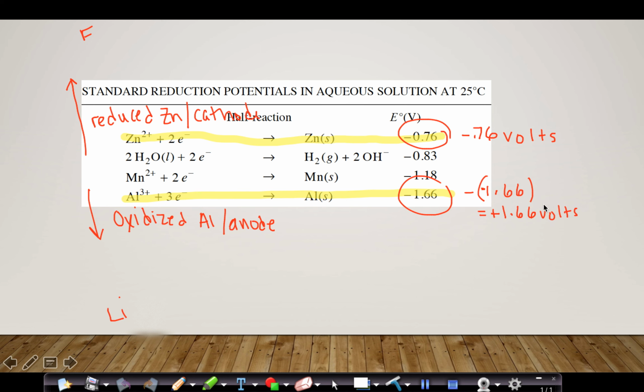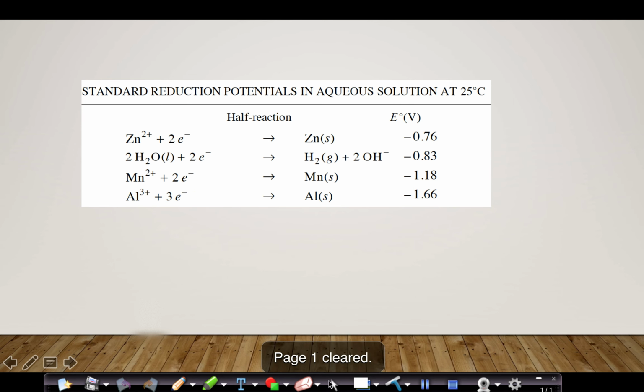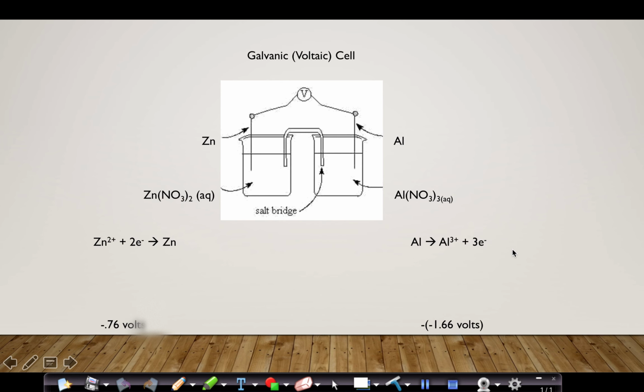Putting these two together gives us the overall cell potential, and reversing this one is the way that we keep the sum positive. If we look at the cell again, this is the information that we got from the table of reduction potentials. We said that we were going to keep zinc as our cathode and make aluminum the anode. So zinc's reaction stays in the same direction as it was on the table of reduction potentials. Aluminum's reaction switches order. Reactants become products and products become reactants, which is why we negate the sign of the